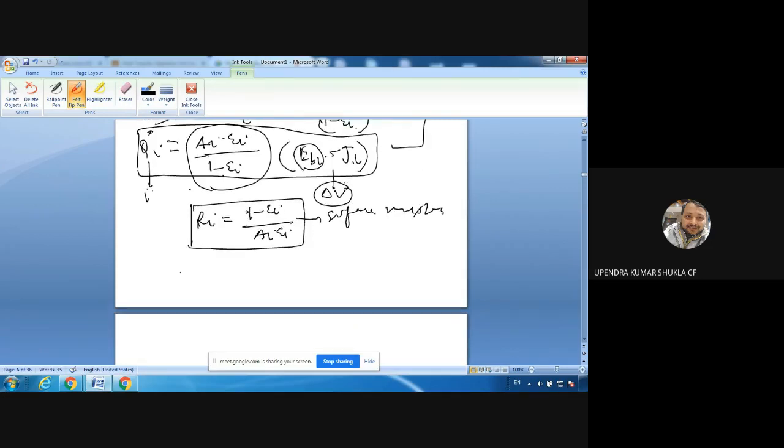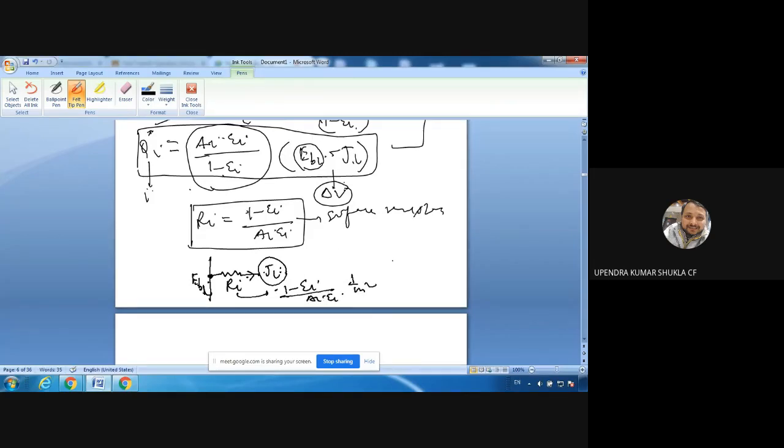How do you represent the surface one? Suppose this is the surface one. Take a node right here. This node you would represent as Eb1, and then put a resistance and it will reach J1, Ji. So Ebi and Ji. Higher voltage Ebi minus lower voltage Ji. Heat would transfer from Ebi to Ji. Now you can represent this, and this resistance is Ri, given by 1 minus epsilon I divided by Ai epsilon I. Its unit is 1 upon meter square.